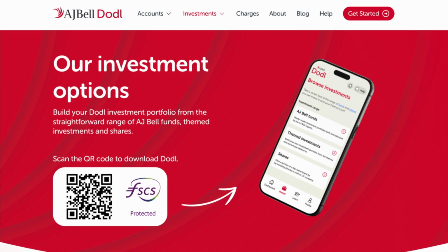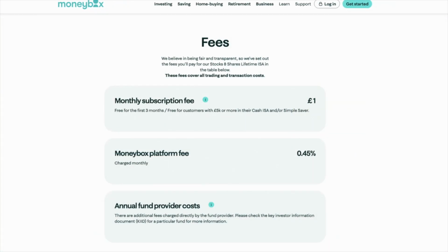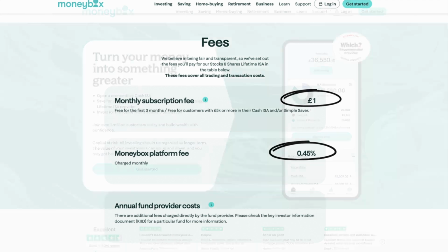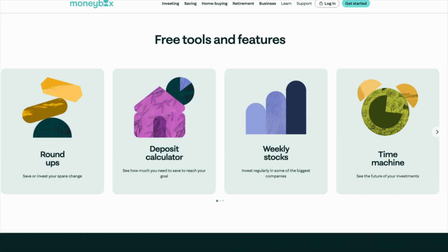It's all within one app. For Moneybox, there is a similar investment choice, but their platform is slightly more expensive, with a 0.45% annual platform fee and a £1 monthly subscription fee. However, in my view, Moneybox provides the better user experience, particularly for beginners, and it has more features which help you save. If you want a larger investment choice than what Dodl and Moneybox can offer, then the likes of